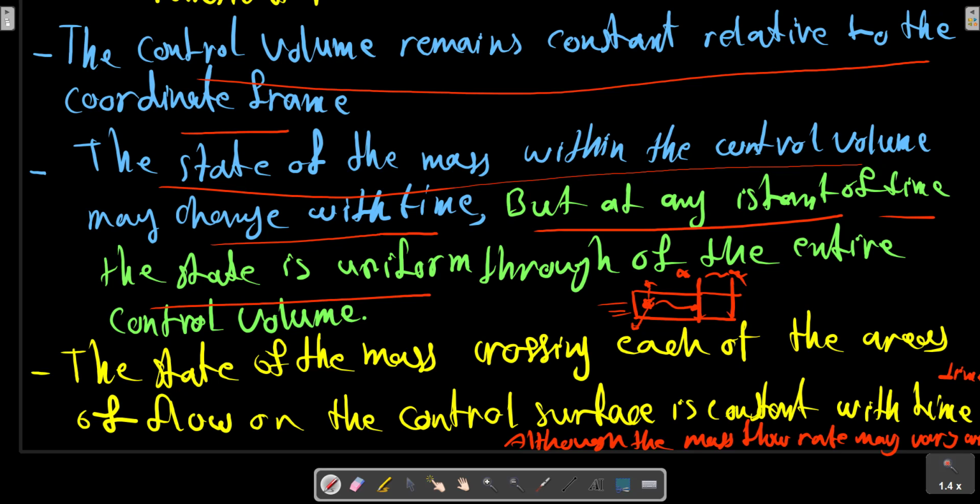Let us examine the consequence of these assumptions and derive an expression for the first law that applies to this process. The assumption that the control volume remains stationary relative to the coordinate frame has already been discussed in the previous sections. The remaining assumptions lead to the following simplification for the continuity equation and first law. The overall process occurs during time t. At any instant of time during the process, the continuity equation is